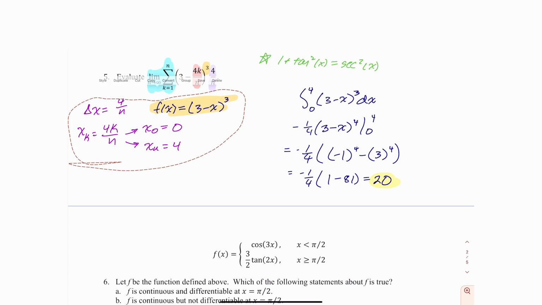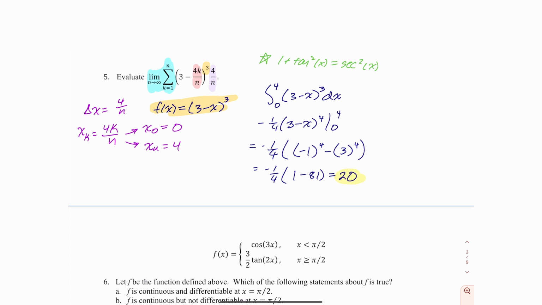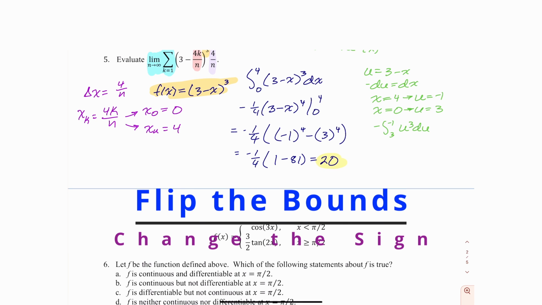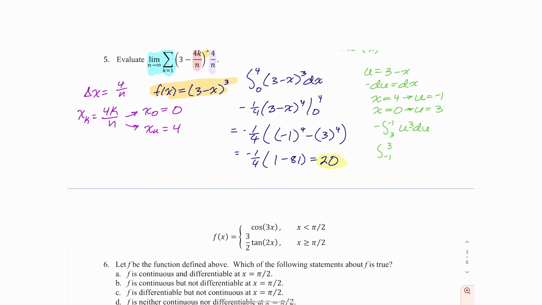Let's move u. And so what we could have done is we could have said that u is 3 minus x, negative du is dx. When x is 4, u is negative 1, when x is 0, u is 3. So we'll get negative integral 3 to negative 1 of u cubed du. But then we want to flip that and change the sign, so it'll be negative 1 to 3 of u